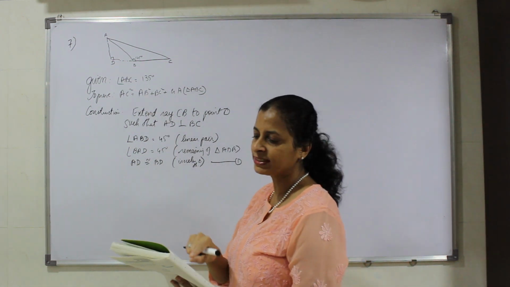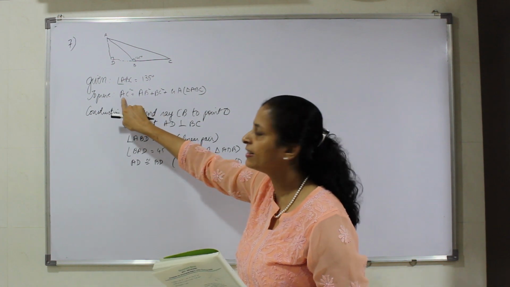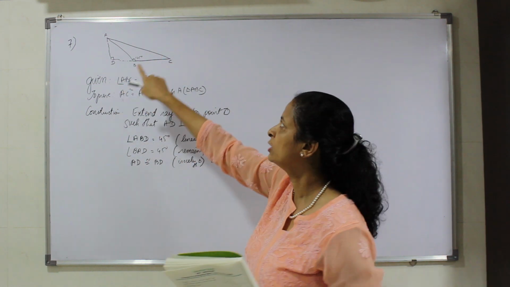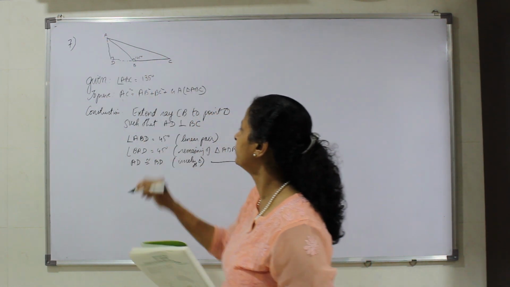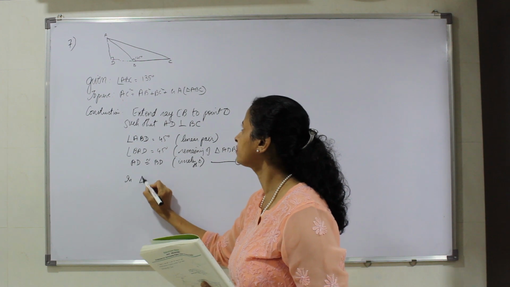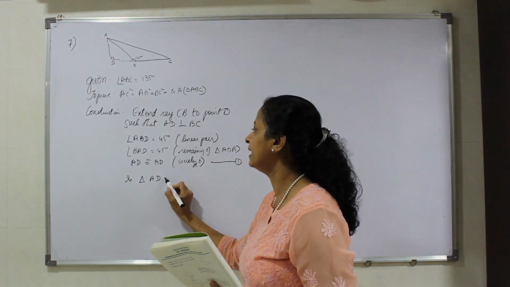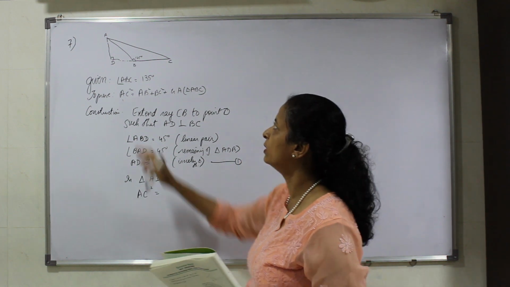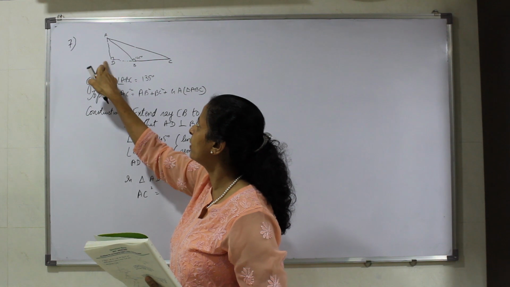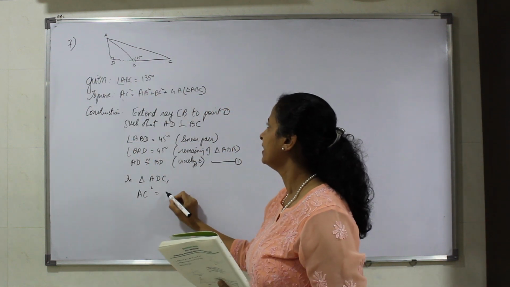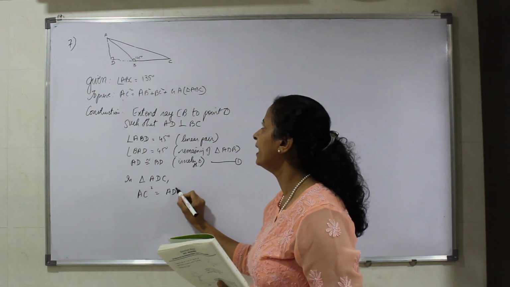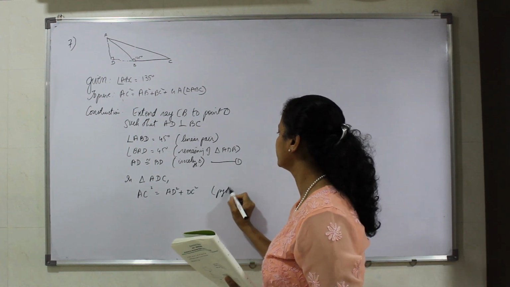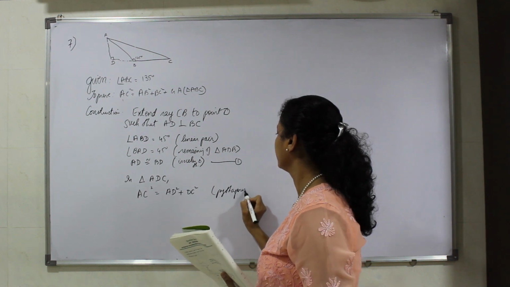Now we go to the sum and see that the left hand side says AC square. How do you get an AC square with the help of Pythagoras? So the triangle has to be ADC. So in triangle ADC, by Pythagoras theorem we have AC square is equal to AD square plus DC square, the reason being Pythagoras theorem.